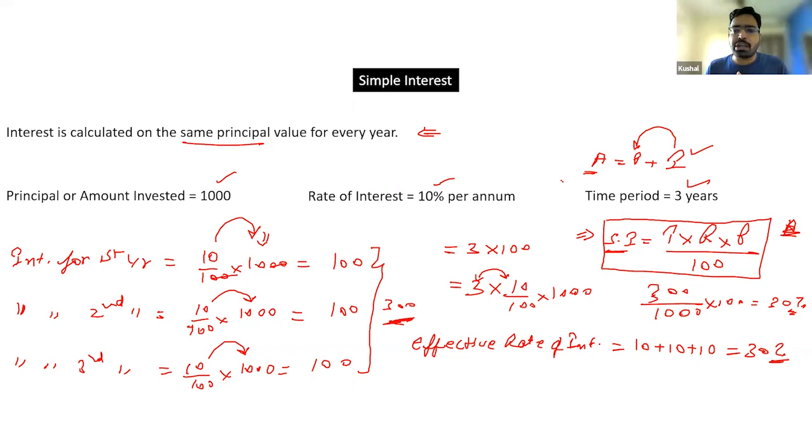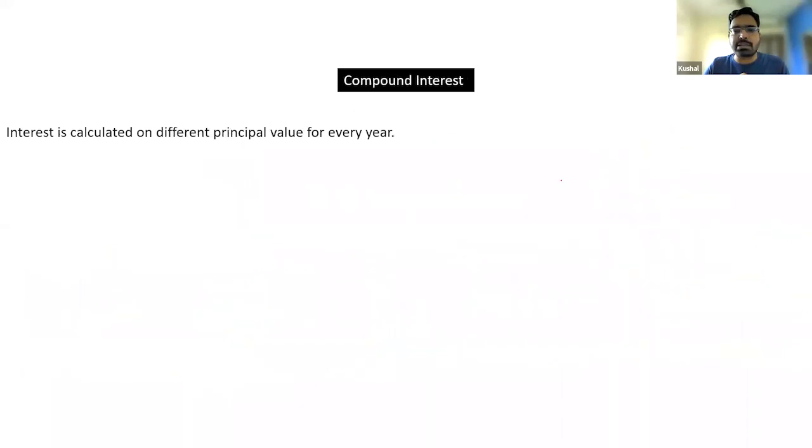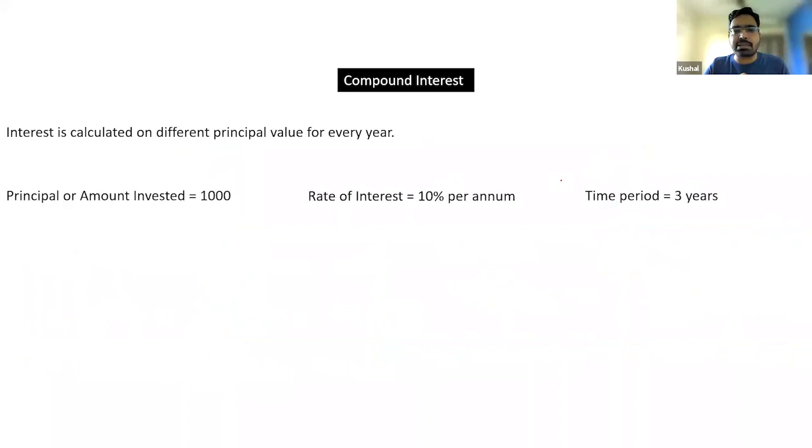And let's look at what we mean by compound interest and how we generate the formula for compound interest. Now, as we have discussed earlier, in compound interest, the value for every year's interest calculation will be different. So let's take the same example, the principal value being 1000, rate 10% and time period being 3. Calculate the interest for the first year in this case. Now, if I calculate the interest for the first year, it should ideally be what? It should be that I have taken 1000 from you at